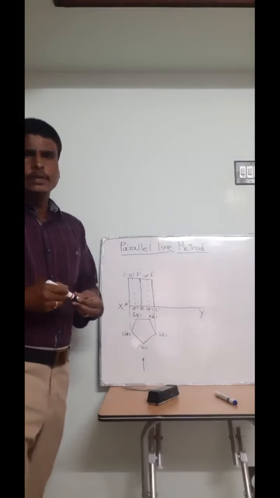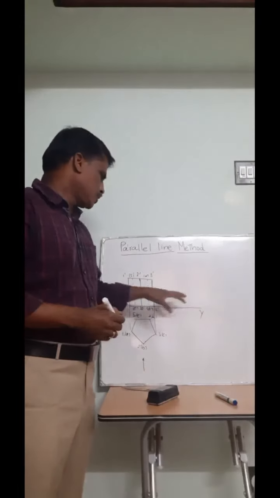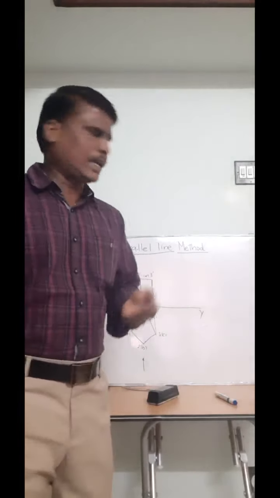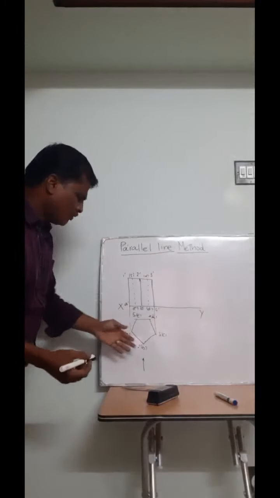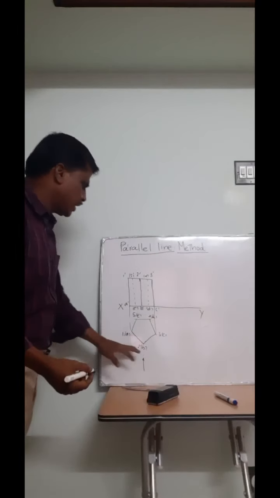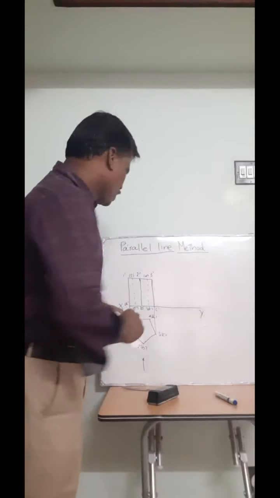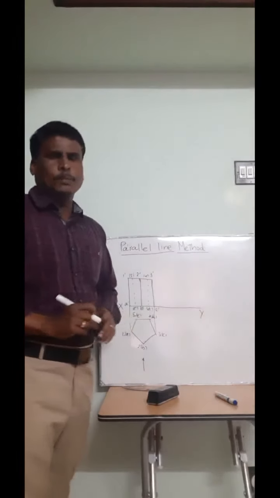It is like this. So the first step is we have to draw the simple portion correctly according to the given conditions and given size. The size may be different, say for example 20 or 30, height will be 60 or 70. That will be different in your problem. So I have completed my simple portion.